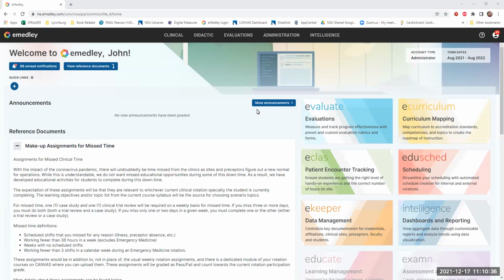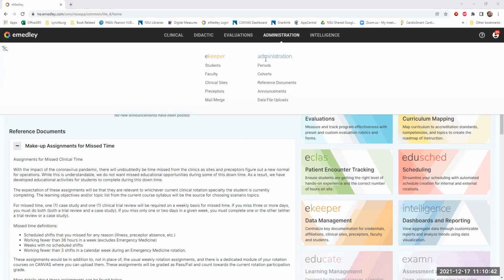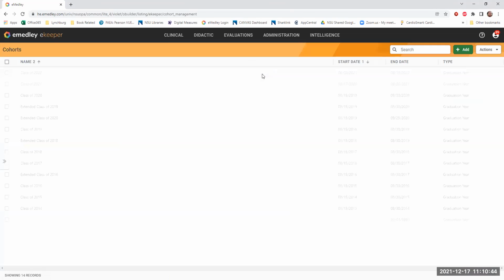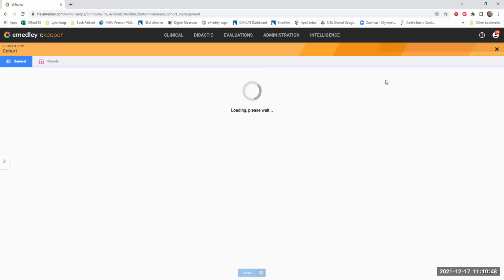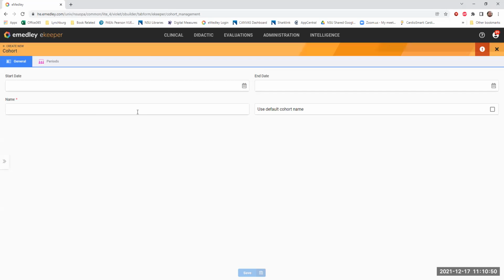Okay, here we're going to talk about how to create a new cohort in eMedley. So from the main dashboard here, we're going to go to administration and click on cohorts. From here, you'll go to the top right, click add, and this is where you enter the information about the